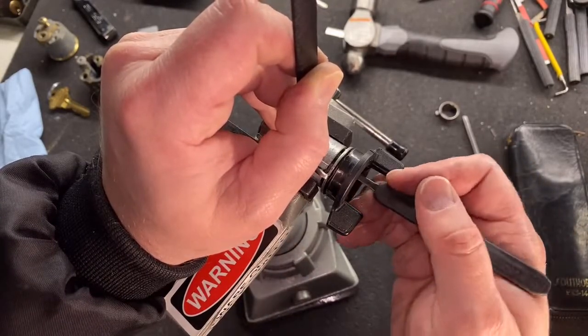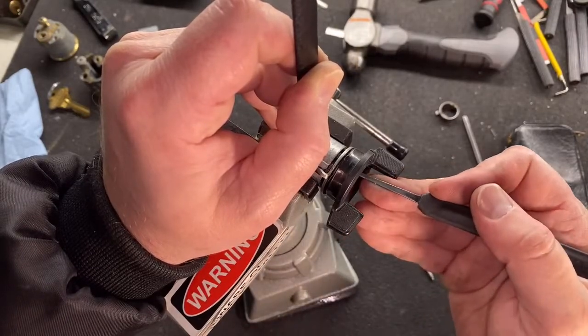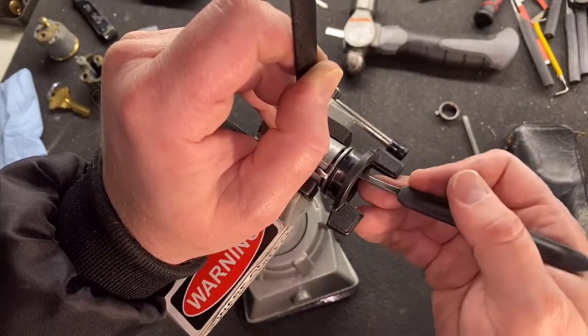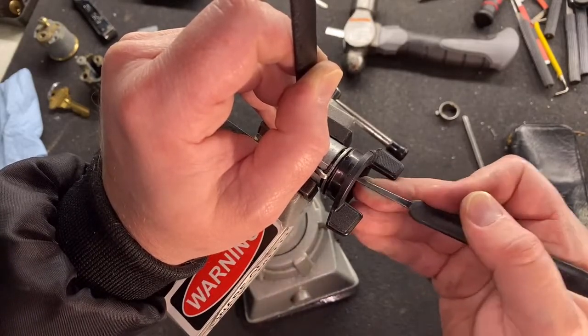I'm feeling each individual wafer in there while pushing down with the pokey tool. Feels like everything...